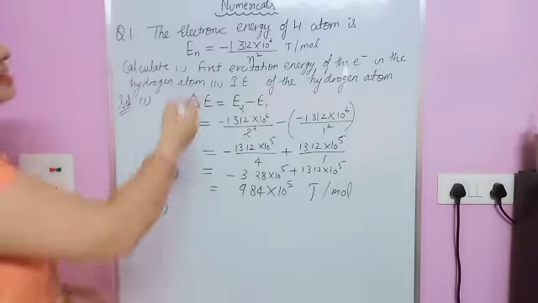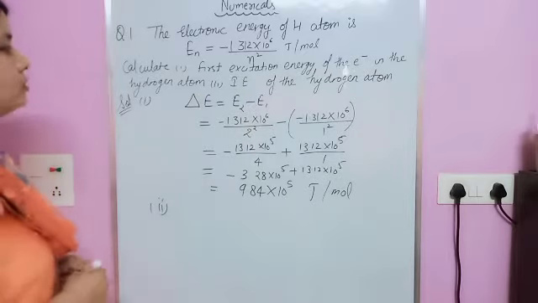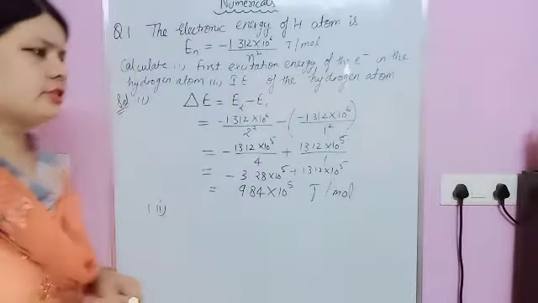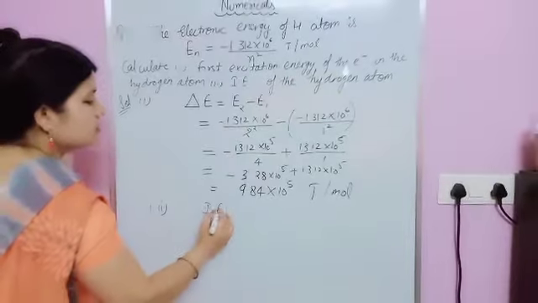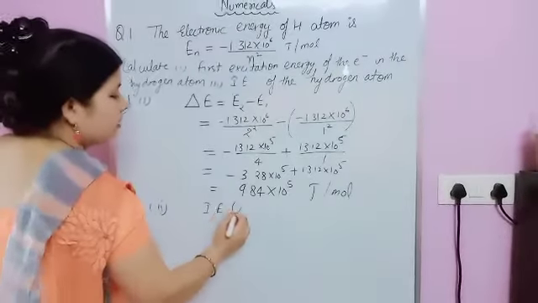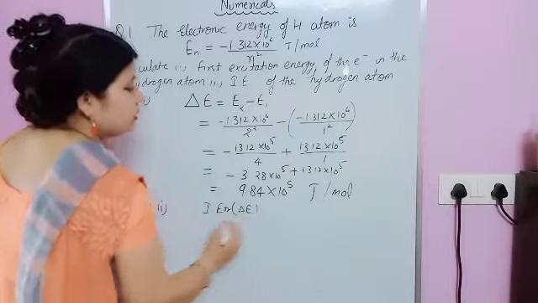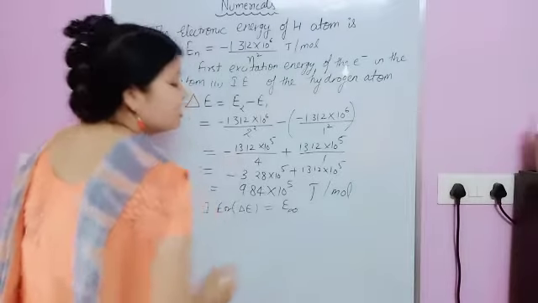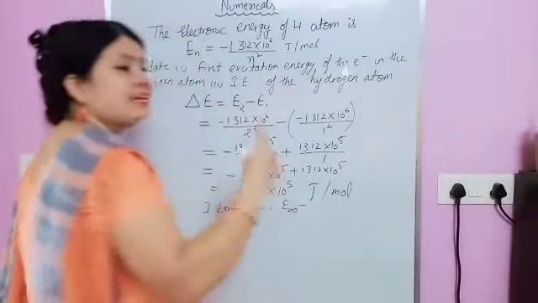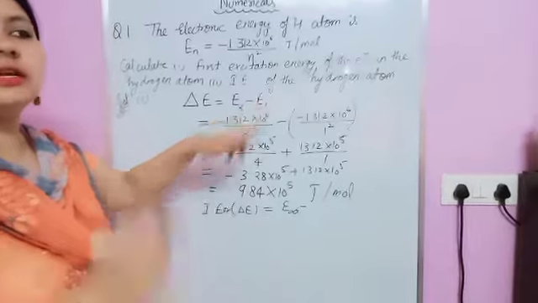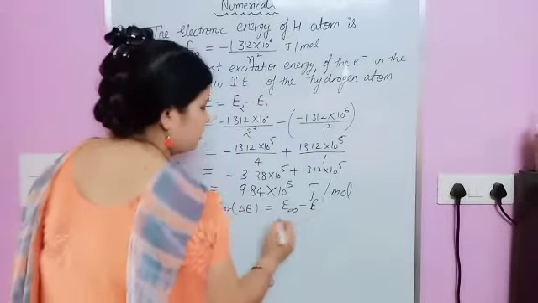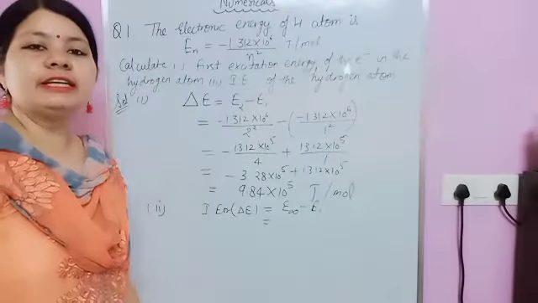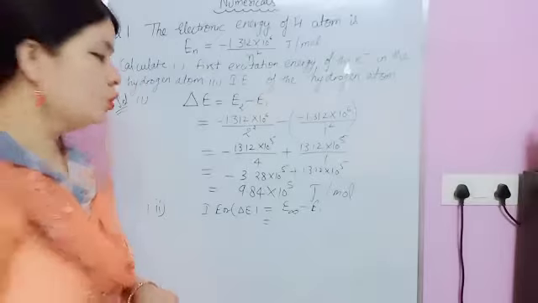Second part, now in this ionization energy, you have to calculate ionization energy. It means we are again simply talking about energy. So either you can write ionization energy, or you can write delta E. It's the same thing, but the formula for calculating ionization energy is E infinity minus En, but here En is equal to 1, so E infinity minus 1. Now where E infinity, in that case the value is equal to 0.